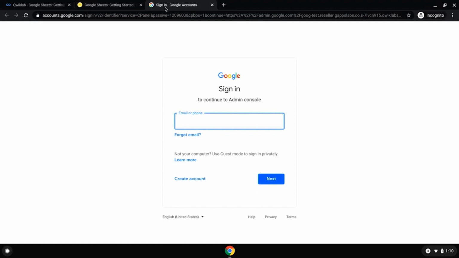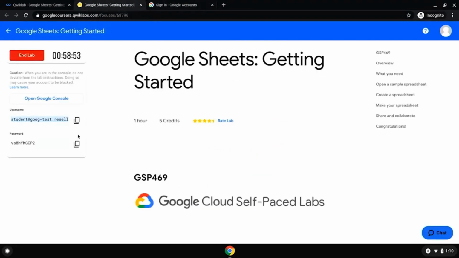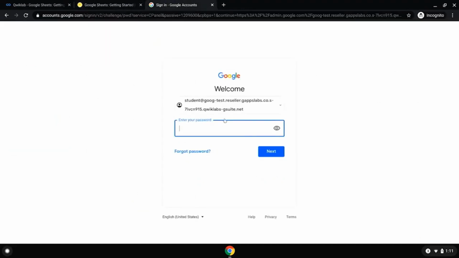That's why we're providing you with this Quick Labs account yourself. And all I'm going to do is paste in the email that's been given to me by the Quick Lab for use for an hour, and then click Next. And then I'm going to go ahead and grab the password, paste that in here,